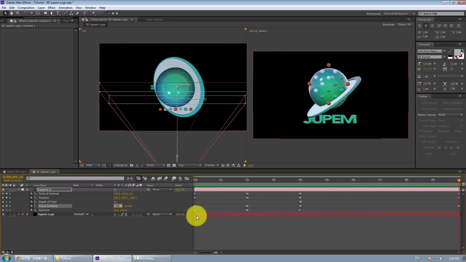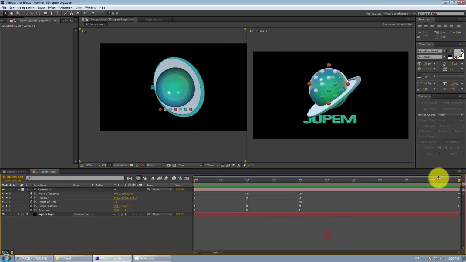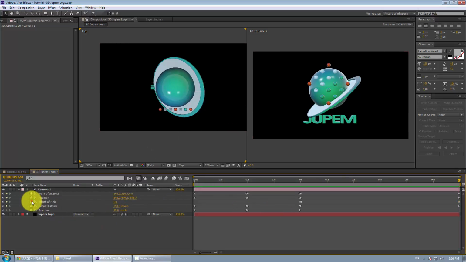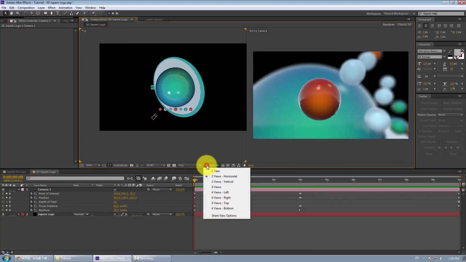Okay, so now you can close the view tool,